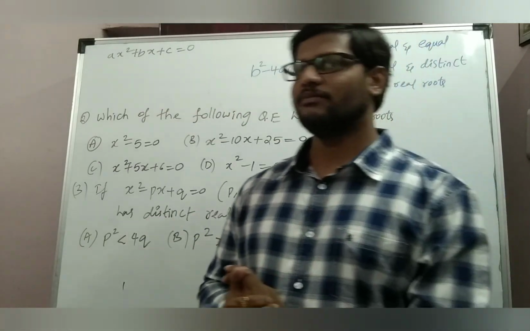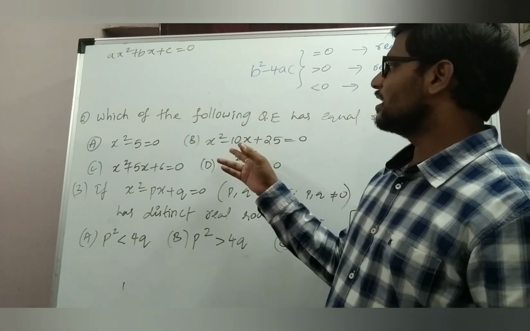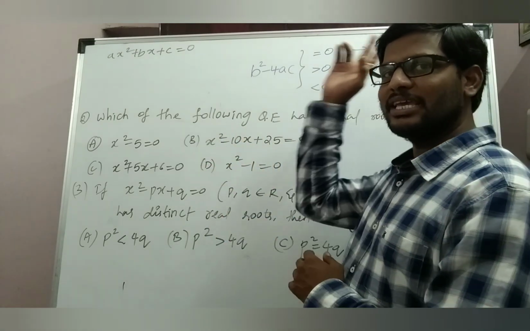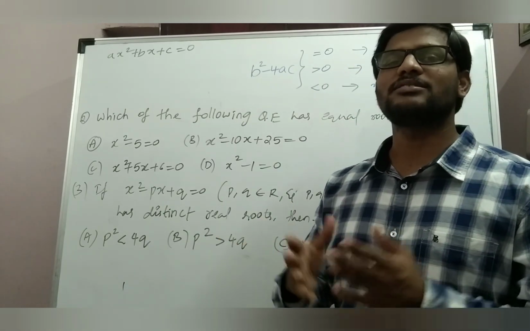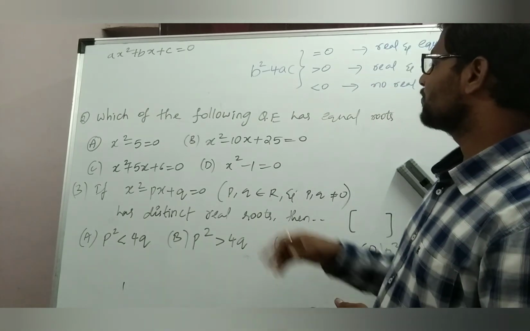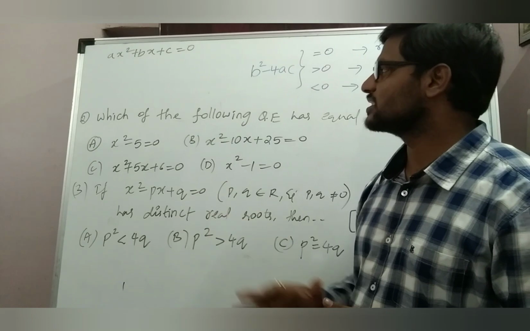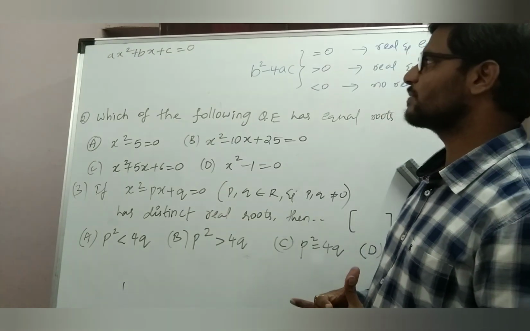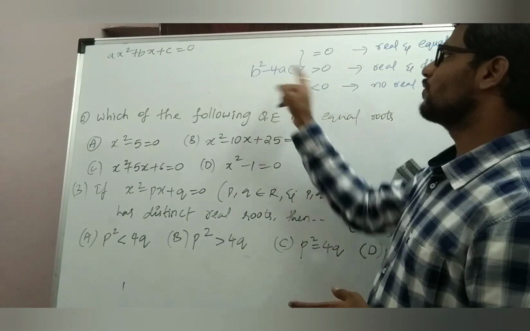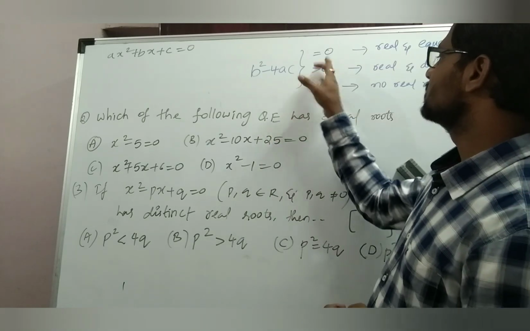To answer this, we have to learn the nature of the roots. A quadratic equation will have a maximum of 2 roots. The 2 roots may be equal or distinct, or for some quadratic equations we cannot find the roots, that is, no real roots. So we have to find the discriminant. Here a, b, c are the real coefficients of the quadratic equation ax square plus bx plus c equal to 0. To decide about the nature, we have to find b square minus 4ac.